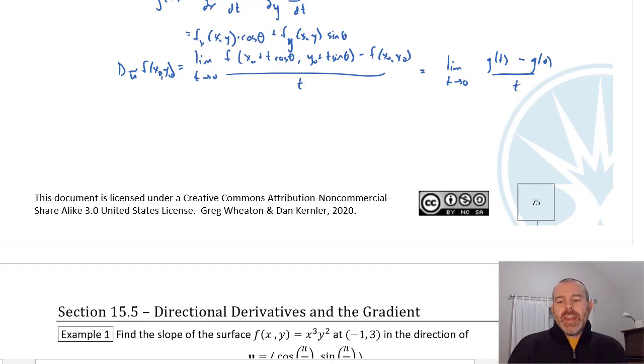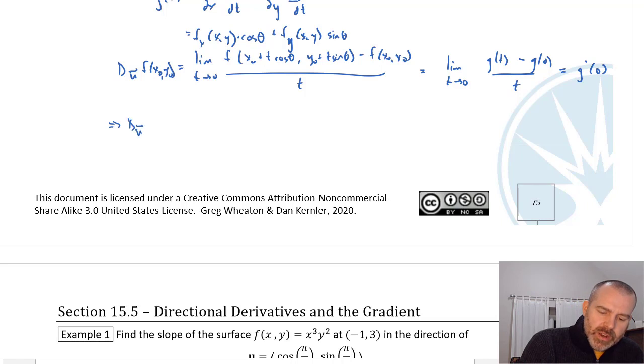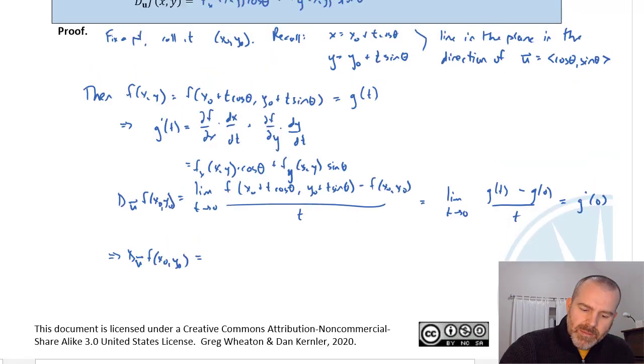And so if you look at that, you take the limit as t goes to 0 of g of t minus g of 0 over t. That's actually the Calc 1 derivative of g at 0. Well, then the directional derivative of f at x naught, y naught must be this g prime of t evaluated at 0, but there is no t in the g prime of t, so therefore